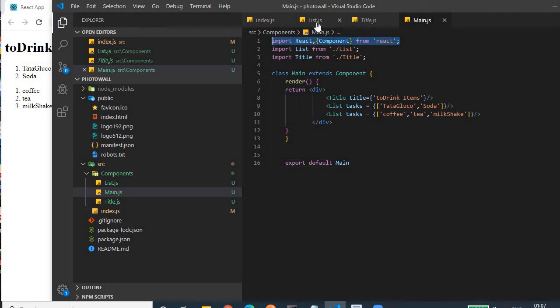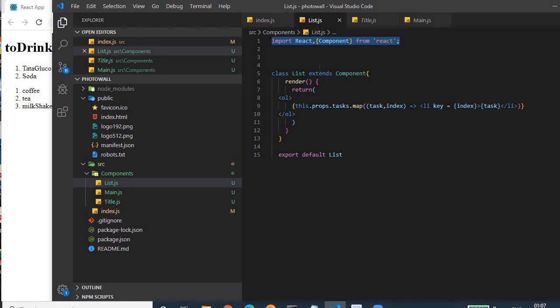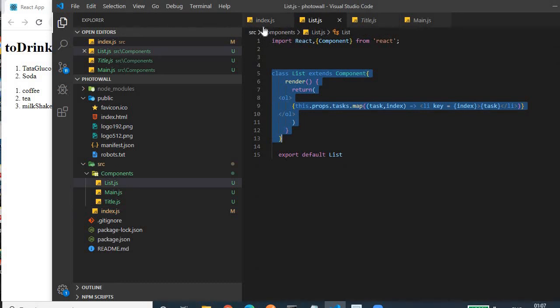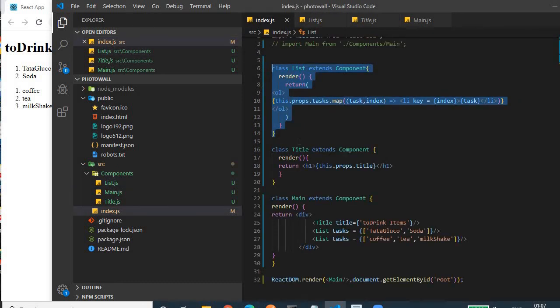Then whatever code we had written earlier, we are copy-pasting here. For the list class, we have written this code, so we are using the same code in the list.js file. This code is of no use now, so we remove it.